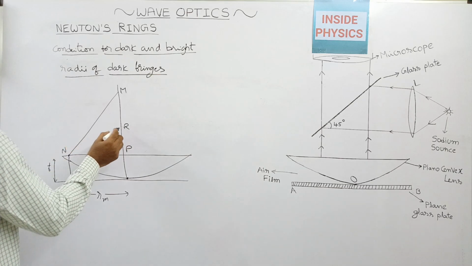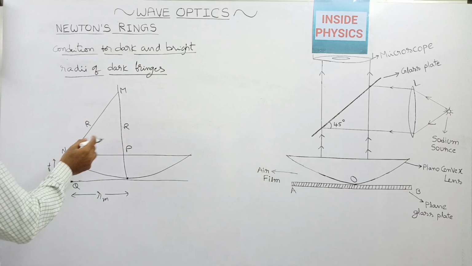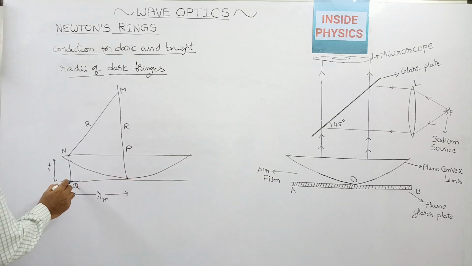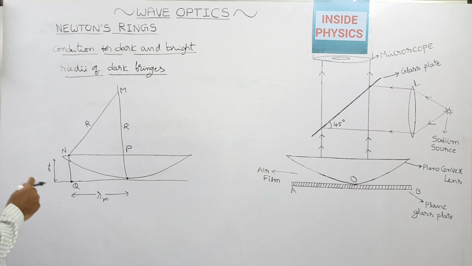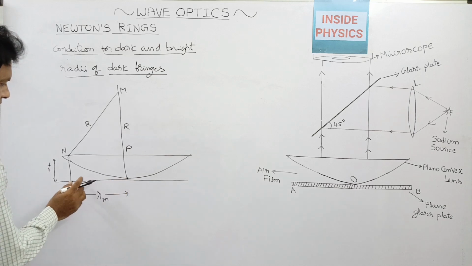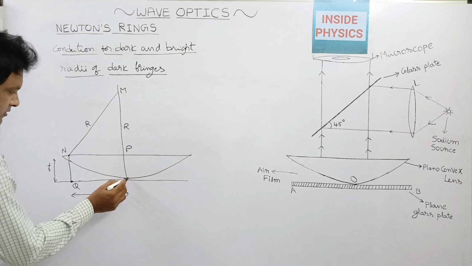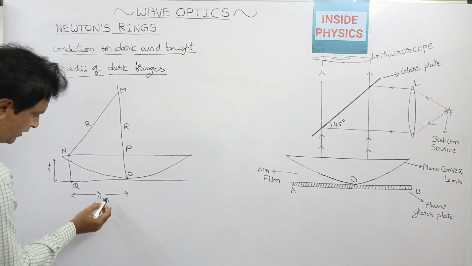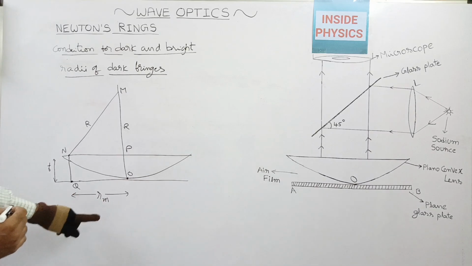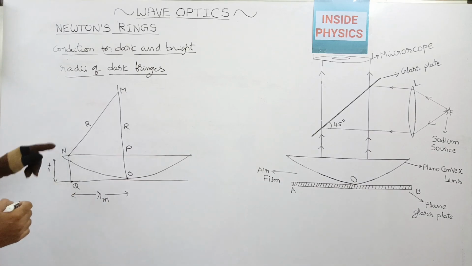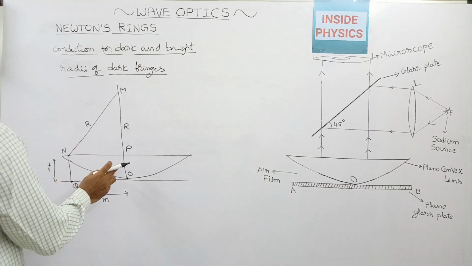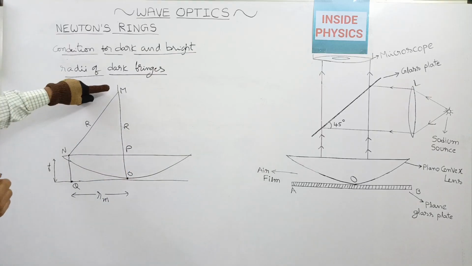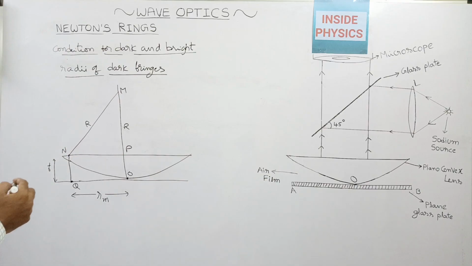Okay, if this is the radius of curvature, this is also the radius of curvature, right? So what happens is, when the dark ring is supposed to be formed at Q, the radius of curvature will become this from this center O to Q. That will be written as Rm. Rm is the radius of curvature. So how to get this Rm? If you can understand the diagram, the triangle MNP, from MNP